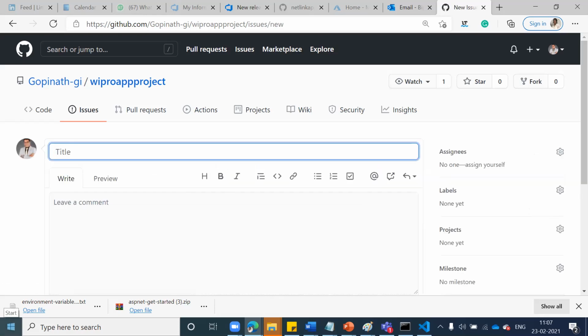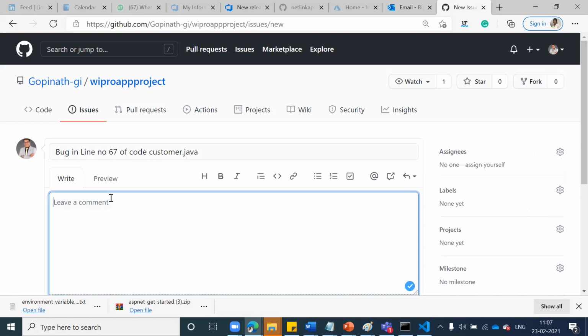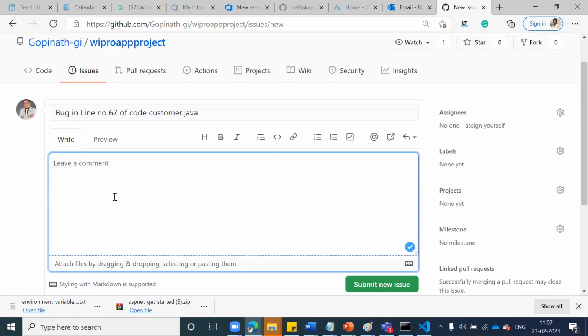Put the title of the issue, maybe bug in line number 7 of code customer.java. Maybe you can write what this one is. Then you maybe type to my team, instead of email, we are using this.